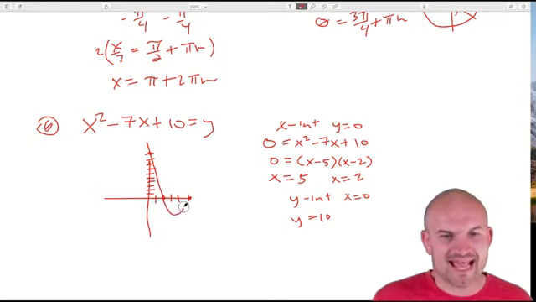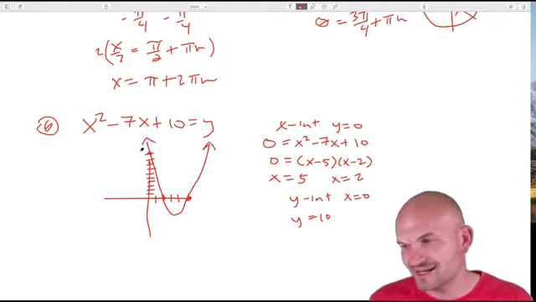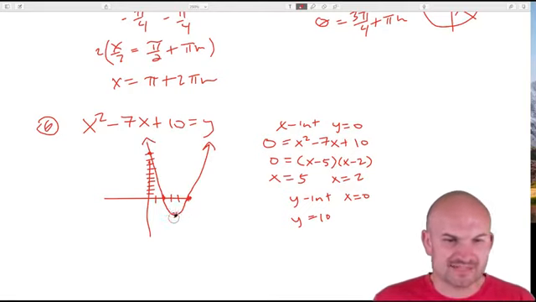But I know that my a is positive, so therefore my parabola is going to be opening up. So it's going to look something like that. And again, our one unknown is going to be the vertex. But again, you could practice